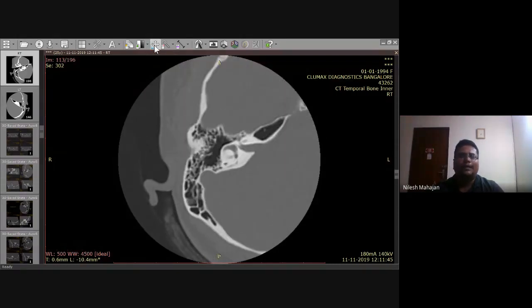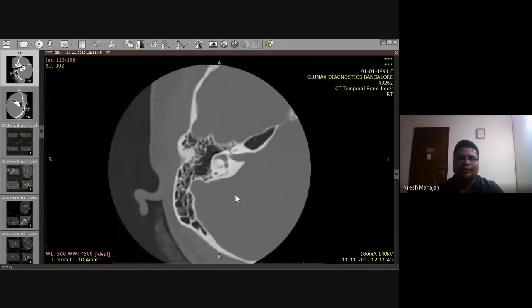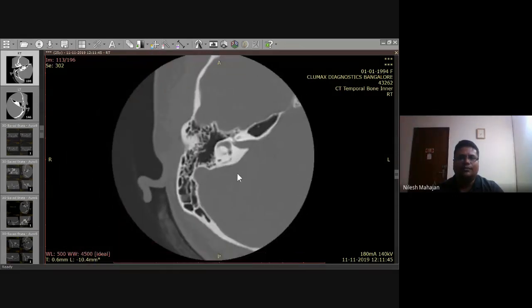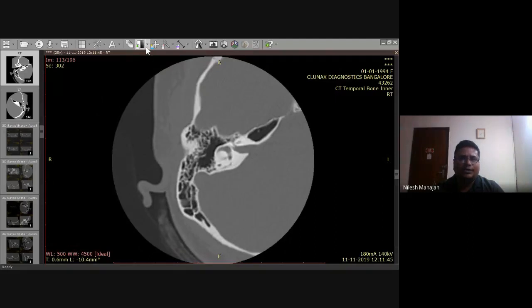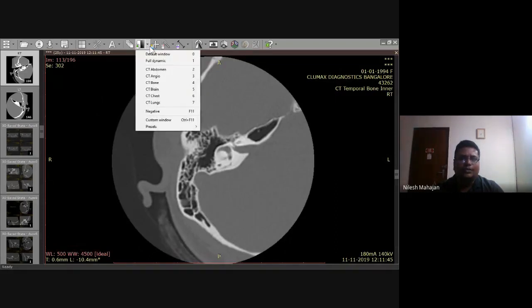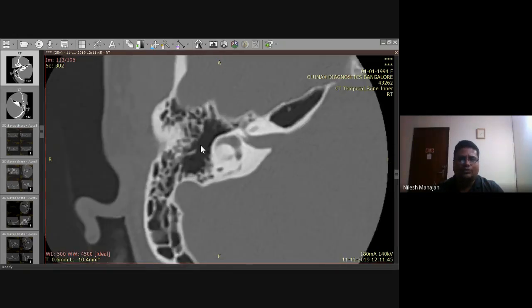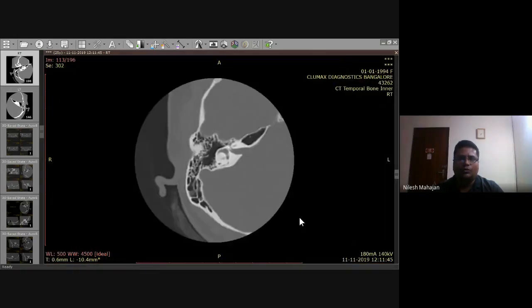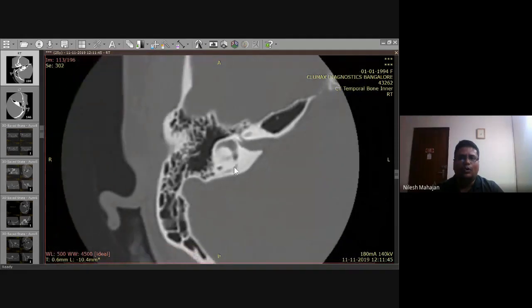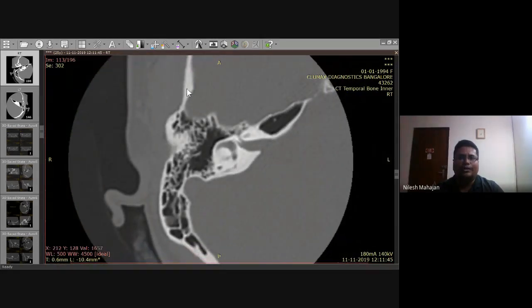Next is this pan image. Pan image means if you select this, you'll be able to move the scan anywhere on the screen. Okay. So this is for window and this is for pan image. This is for zoom. You can zoom in, you can zoom out. Next important thing is